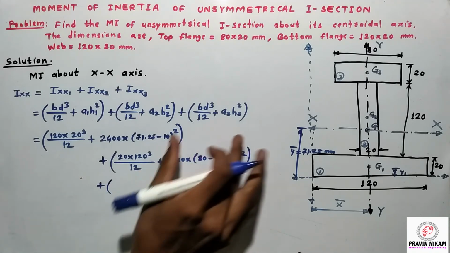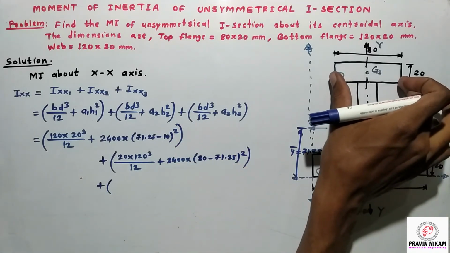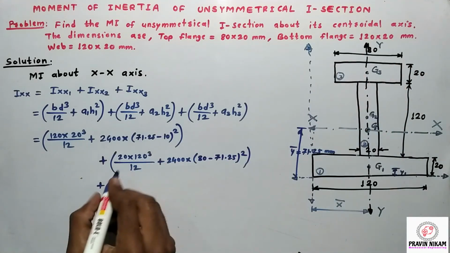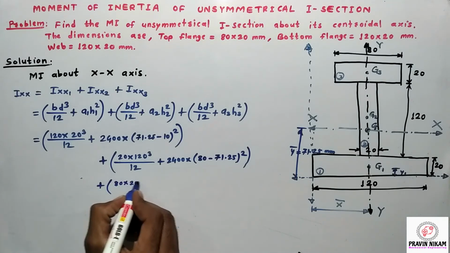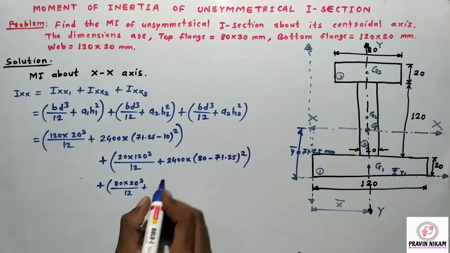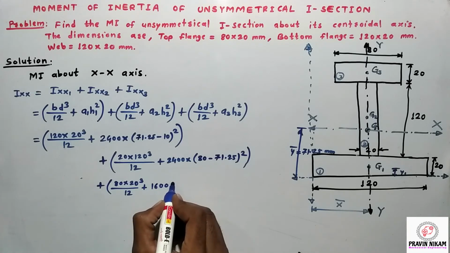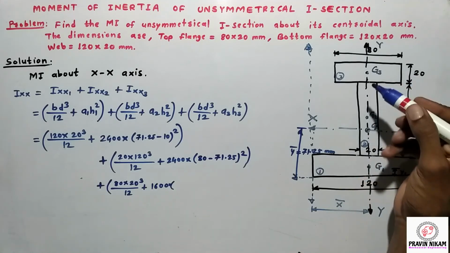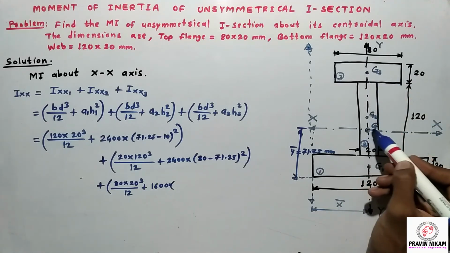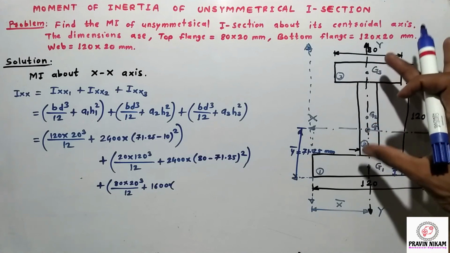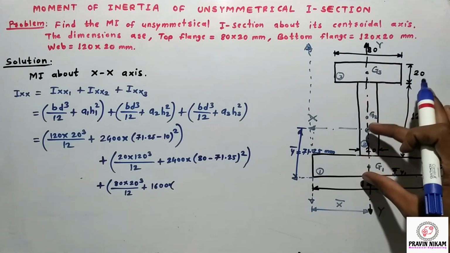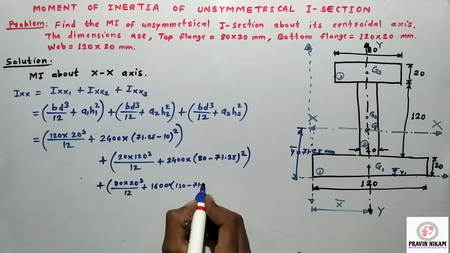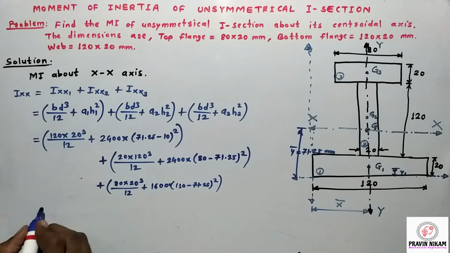Plus for section 3, B is 80, D is 20. So 80 into 20 cube divided by 12 plus A3, which is 1600, into H3. H3 means the distance between G3 and G, which is Y3 minus Y bar. Y3 is 150 minus Y bar 71.25, bracket square. So that is equal to,